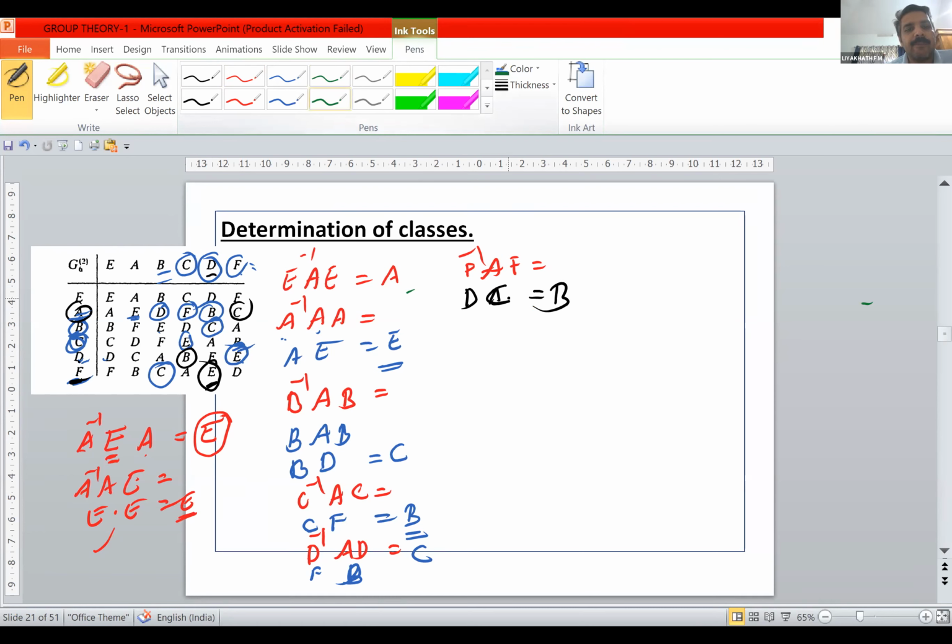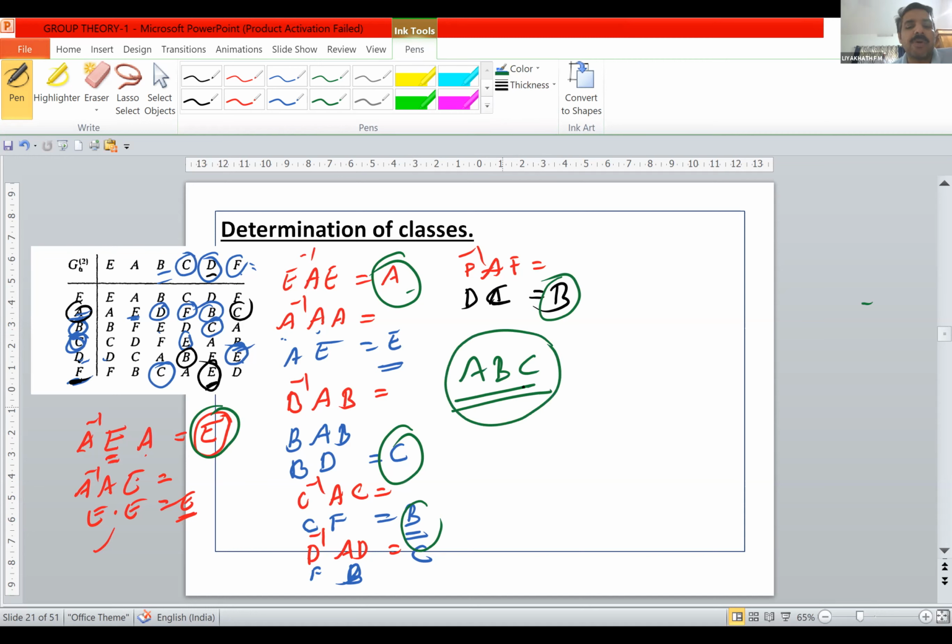So we can say here A, C, B are conjugate with each other. Therefore, first class is E and second class is A, B, C. So ABC is over. And then we don't want to look at the similarity transformations of B and C because all of them are conjugate with each other. No need for that. You can check the similarity transformation of B and C; you can see that it will include A and C. So ABC will form a separate class.